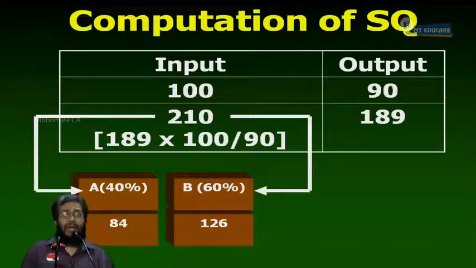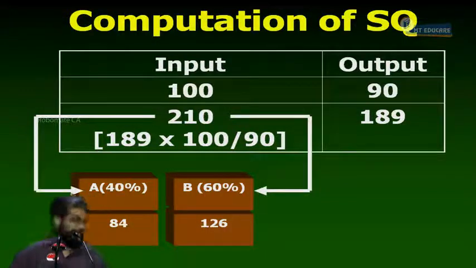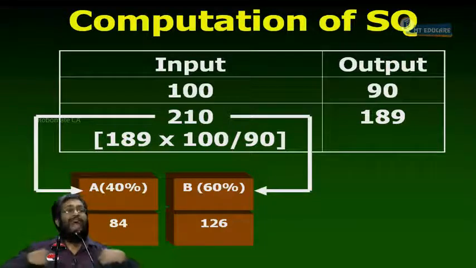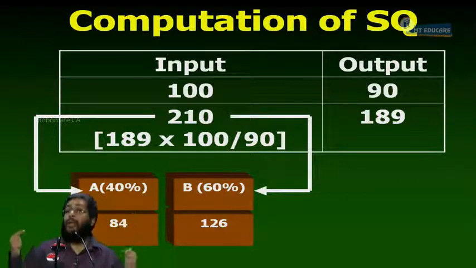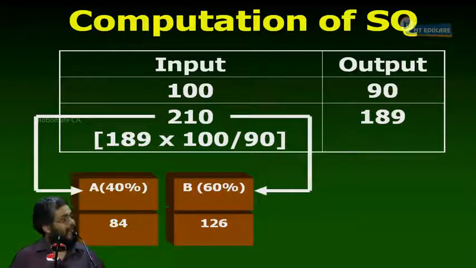But as per the budget, I am allowed to put what? 84A and 126B. Everybody, yes or no? Again I say, actual output is how many kgs? 189 kgs. To produce 189 kg, what have I actually used? 90A, 110B. What should I have used? 84A, 126B. Are you all having the clarity? So this is the standard quantity.